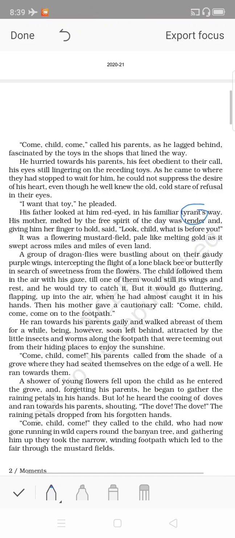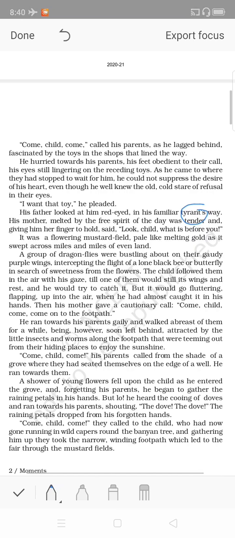Tyrant, meaning a cruel and oppressive way, oppressive. So, the father's eyes grew red with anger because his parents, his father, very well know that they will not be able to buy him anything from the fair as they were poor. He looked at the child just like a cruel ruler who was trying to oppress him.